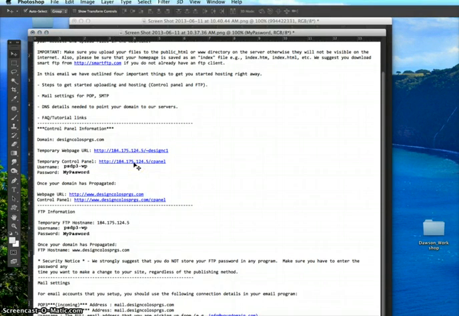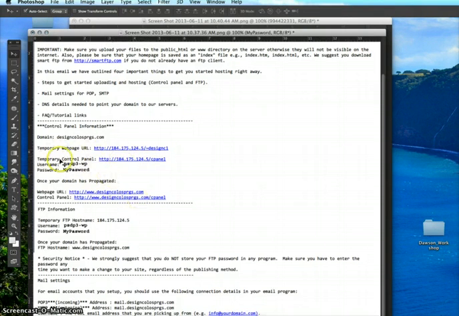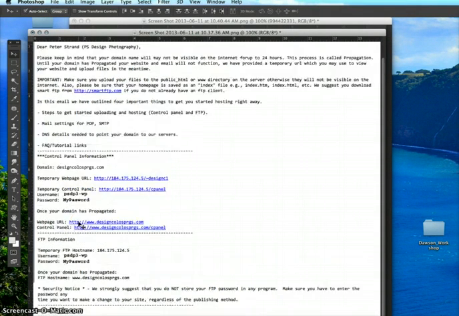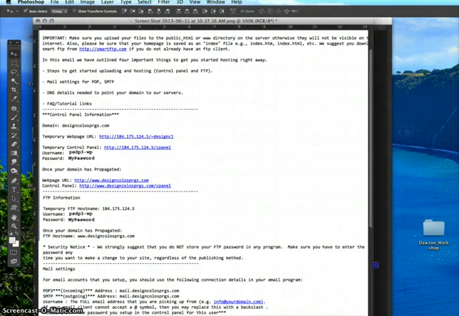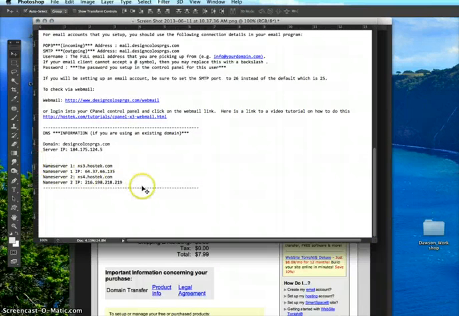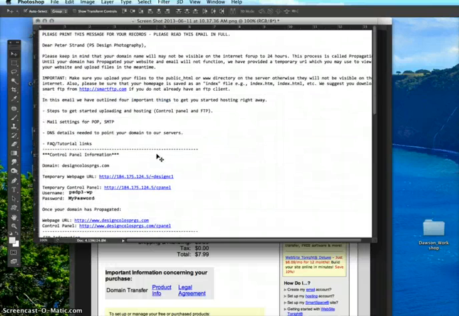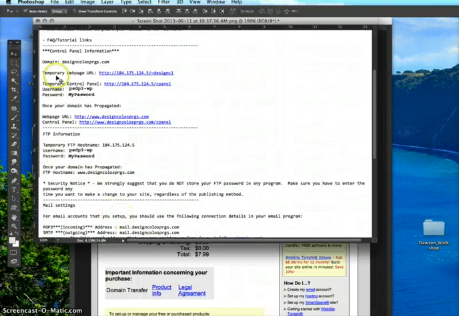Your control panel is where you're going to go to update your databases and so forth. But you're going to need all of this information here. HostTech also provides you with FTP information. This is the kind of stuff you're going to use for Dreamweaver to connect to your local server with your FTP client. And then the last thing, I'm just going to see if I can pull this into view here. The last thing down at the bottom are your name servers. So you want to get this information too. So all of this information you want to make sure you copy on a text file. Okay, so now that you've got this information,